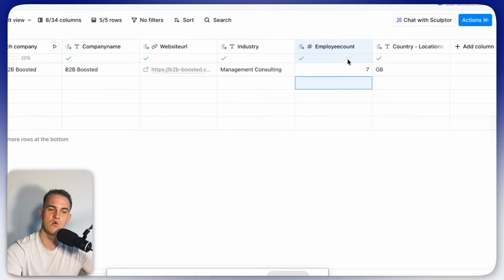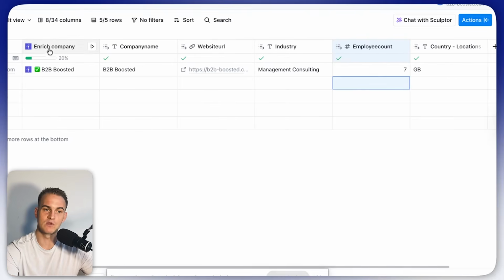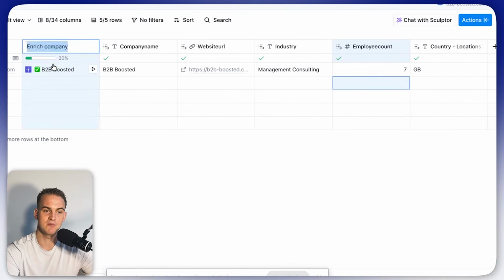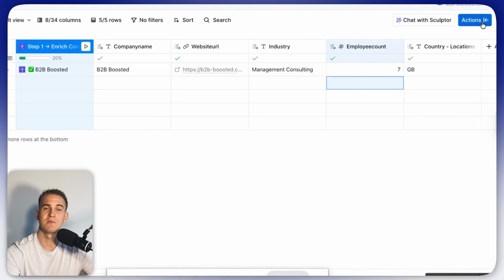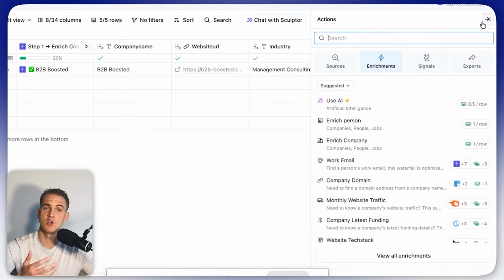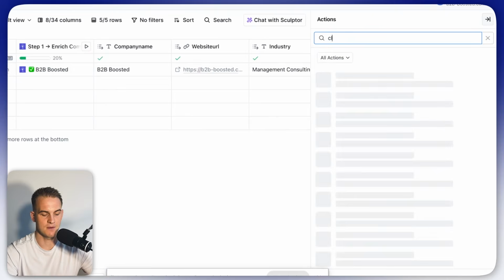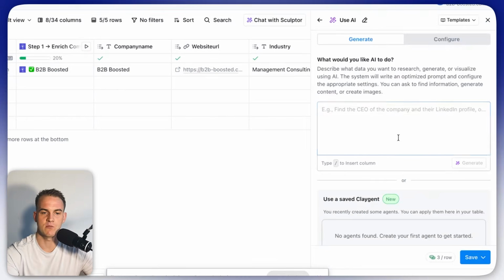So the way that we'll go about doing this is, first of all, we'll keep things tidy. So we will rename this column and we'll call this step 1, enrich company, to find headcount and location of business. And then secondly, we'll now be using Clagent in order to determine whether the company is a B2B or B2C company. So the way we'll do that is we can go into Clagent, click on the AI Web Researcher,